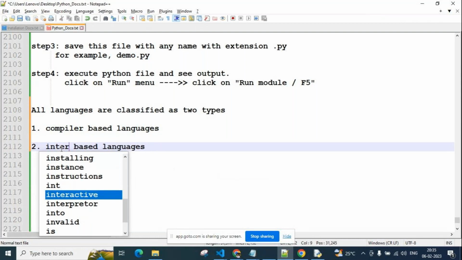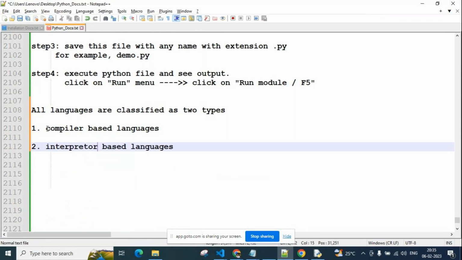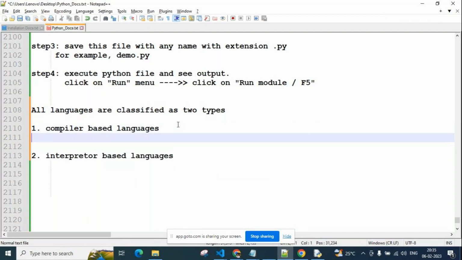Interpreter based languages. Okay. The languages which follow the compiler for executing their programs, those we call compiler based languages. For example, Java, .NET. These are all compiler based languages.